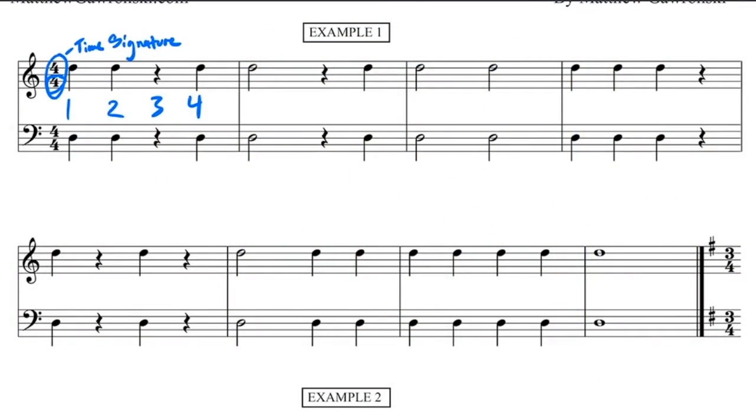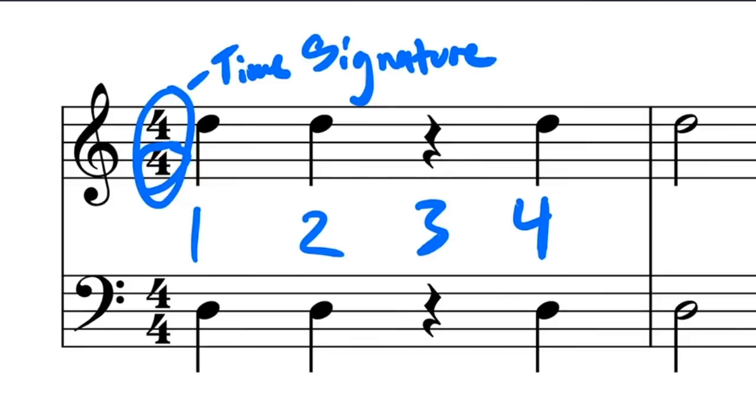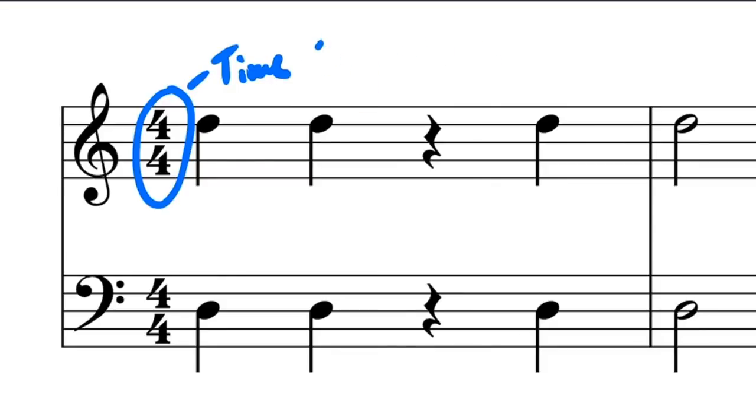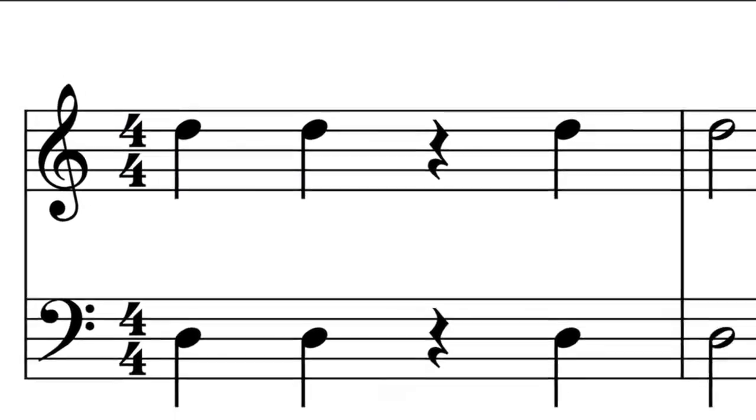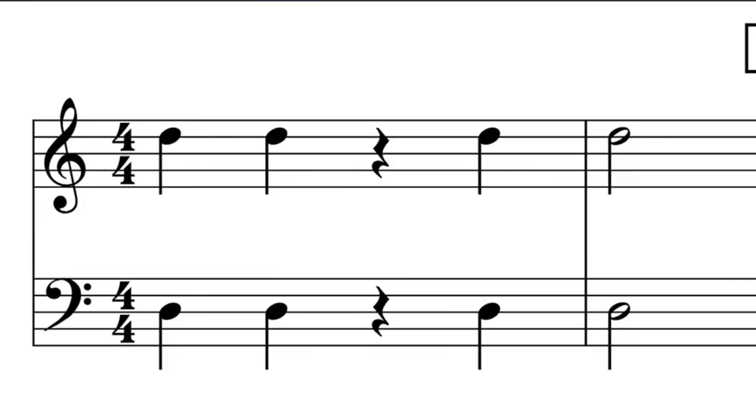But one thing that is important to know is what type of note gets one beat, okay? Because that's what the bottom number tells us. It tells us what type of note gets one beat. And let me just show you this really quick. If you're having trouble understanding this, think of it like a fraction, okay? So if this were a fraction,